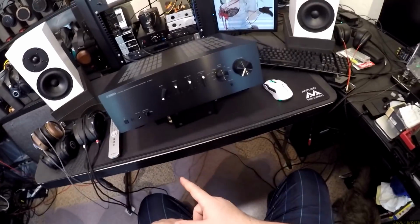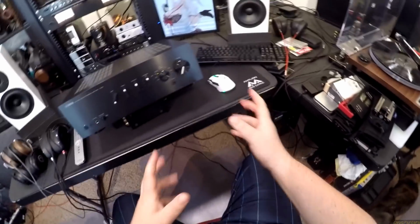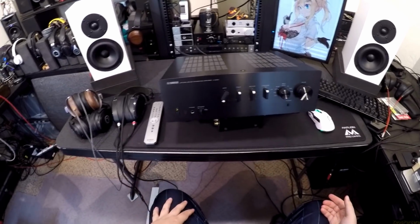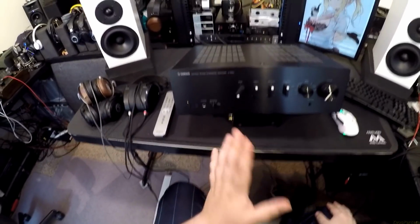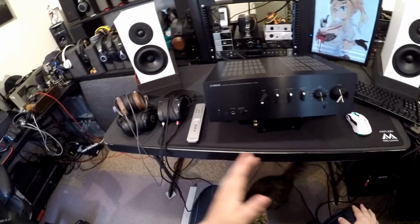Since this doesn't do that, that means the speakers are still dealing with low end, and the sub's playing, so you're going to get a lot of crossover. You're going to have to adjust that just right, and it's not going to give you any gains in volume. If I took away the low end in these speakers, I could push them probably 4 or 5 decibels louder. That's mainly the reason why you integrate a sub into it. So you'd be looking at...